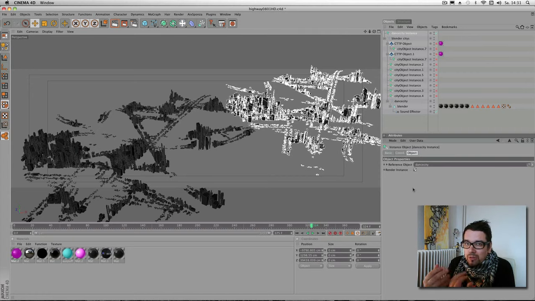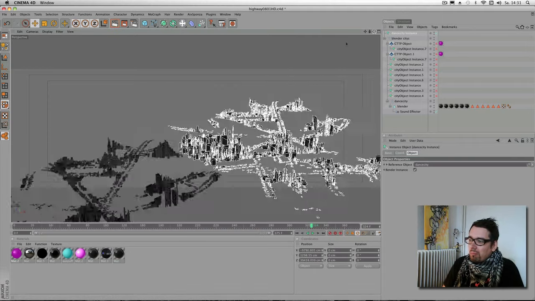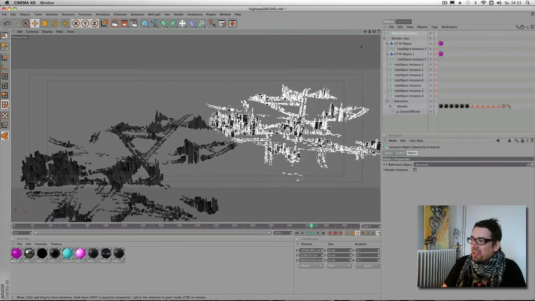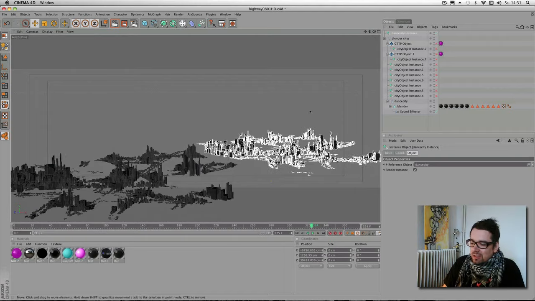So you can make thousands, millions of copies of this object and render on your 1 gigabyte MacBook, yeah, it still works. It doesn't need much